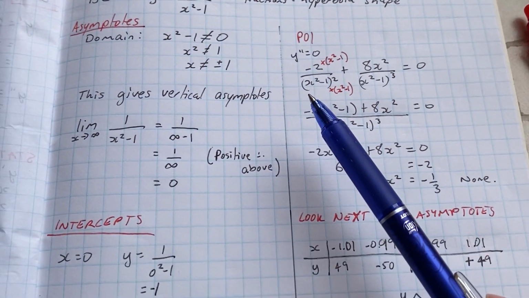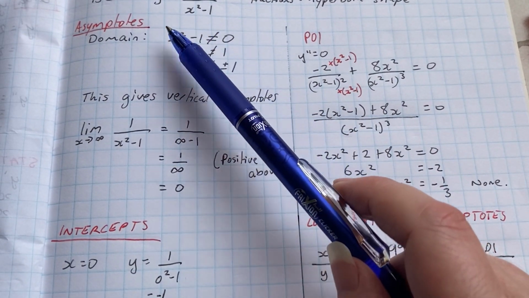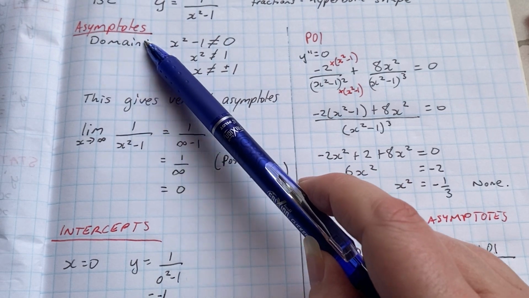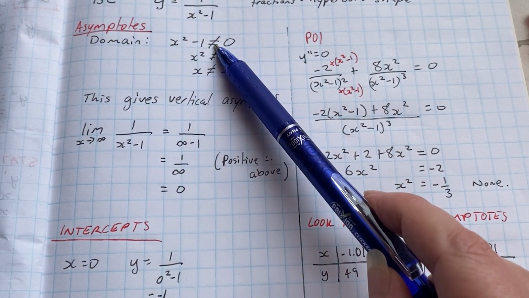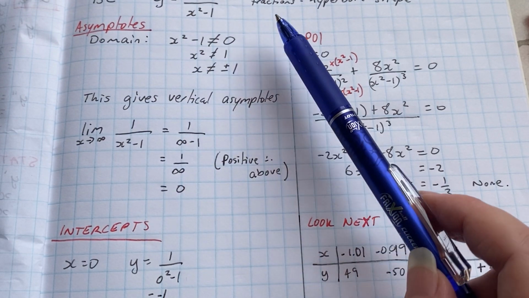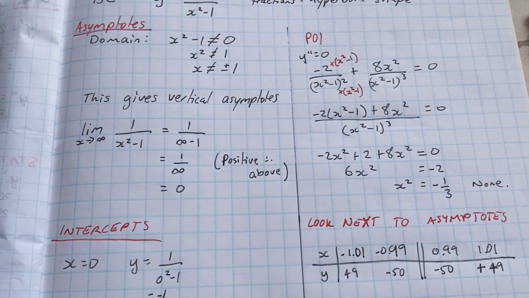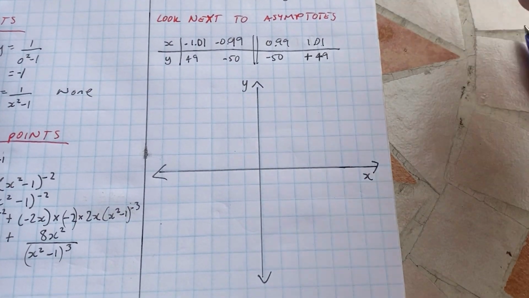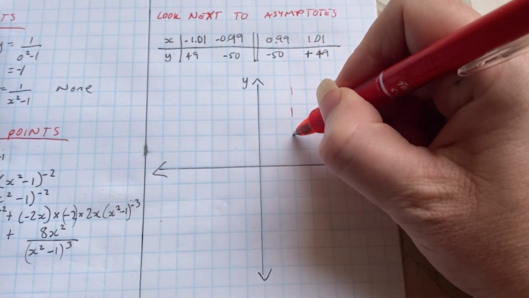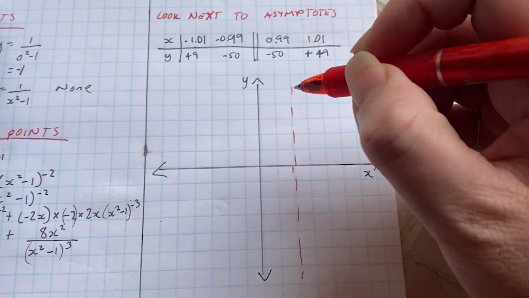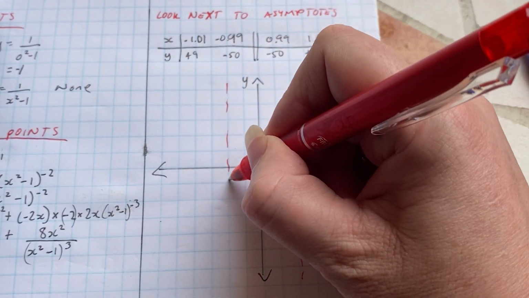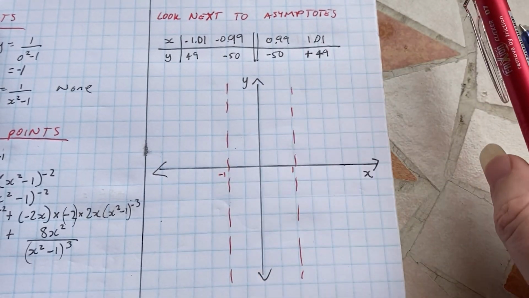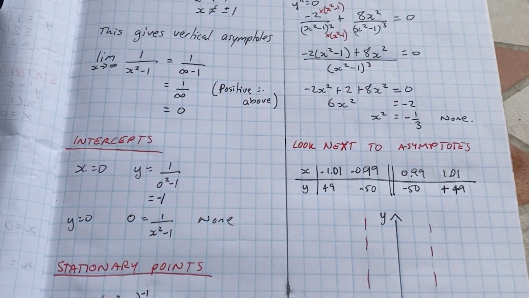That is my preferred way to do it. So our vertical asymptotes relate to the domain, and it's where the denominator can't be 0. So x can't be plus or minus 1. So I'm going to start by drawing those on. So I'm going to say positive 1 is there and negative 1 is there. Okay,